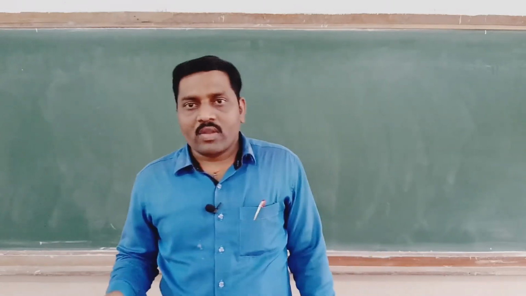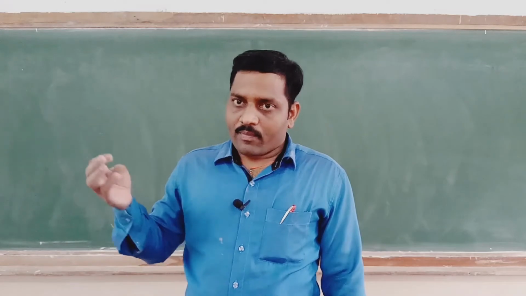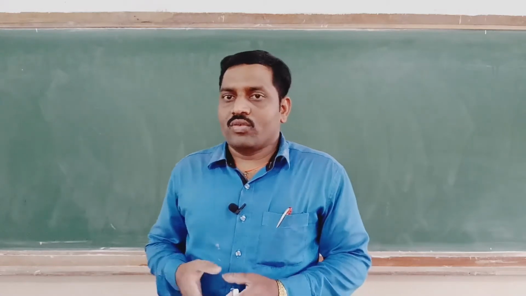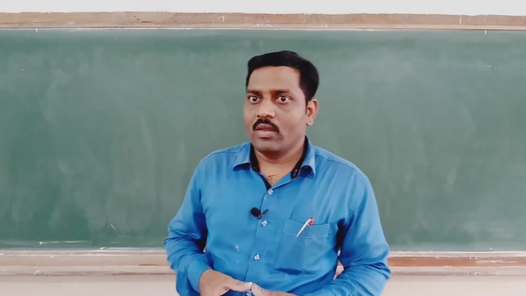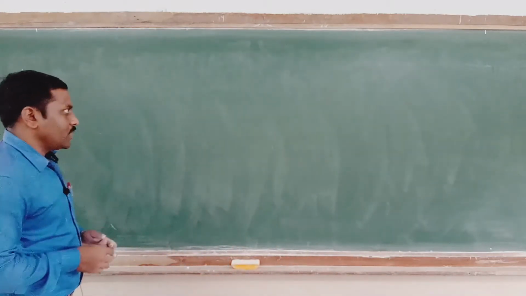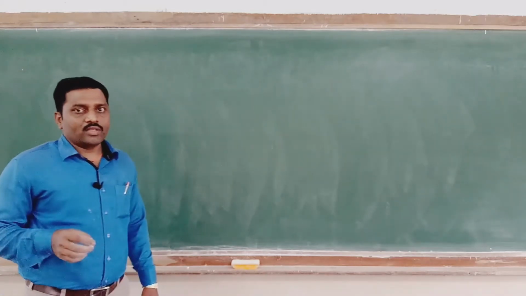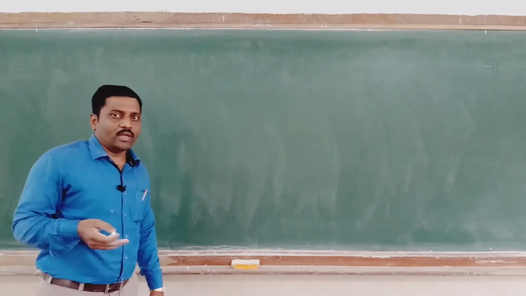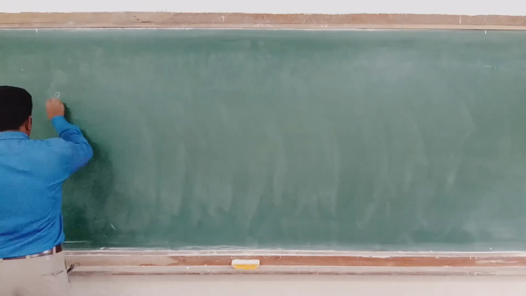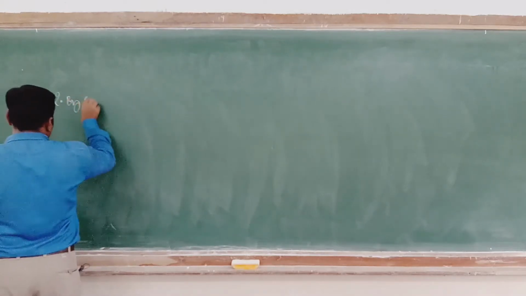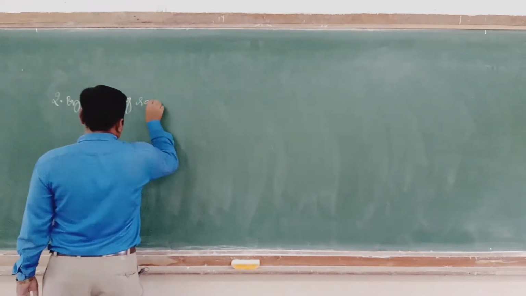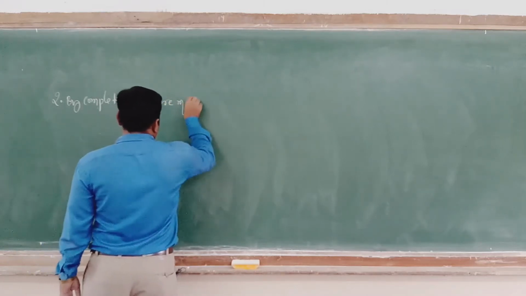These are three methods for finding the solution of quadratic equations. In the first method we discussed the factorization method, using it to find the solution of quadratic equations. So in this video, we are going to the second method, that is the completing the square method. By using the completing the square method, how to find the solution of a quadratic equation. So the second method is the completing square method.